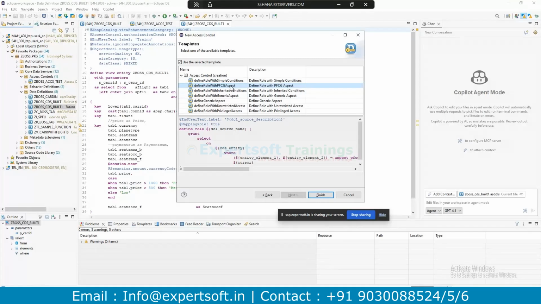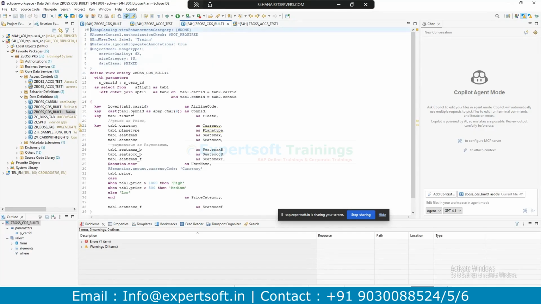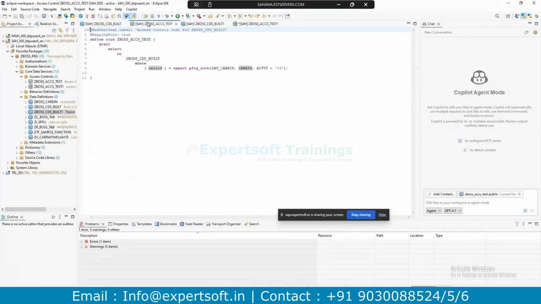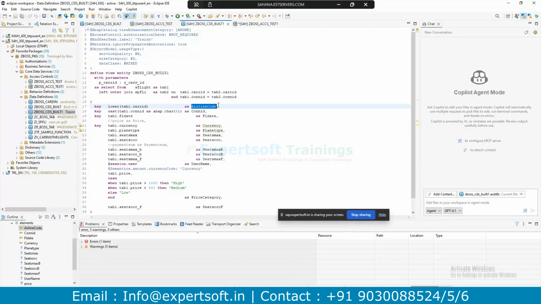PFCG means role based. There are multiple options you can use, but mainly we will be using the PFCG authorization on top of the authorization object only. Okay, so the template is given automatically. Now you want to add an entity element. Which entity? This one. Now CARRID, the airline code.